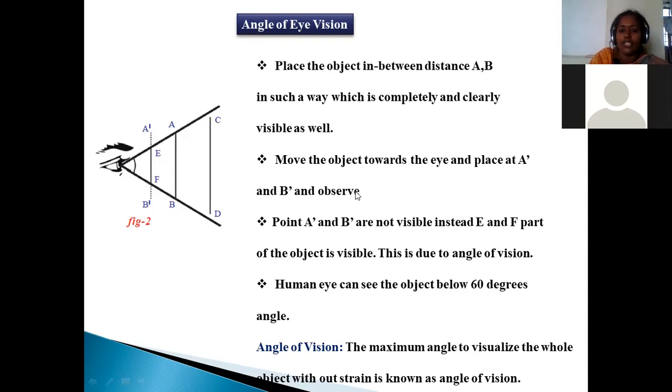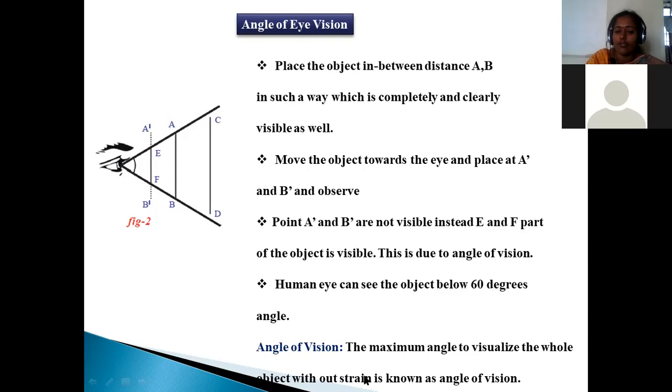This is called the angle of eye vision, right? For a healthy human being, the angle of eye vision will be 60 degrees. Till 60 degrees, our eye vision will be there. Beyond that 60 degrees, it will be very dark. We are not able to see the objects beyond that angle. So activity 1 clearly predicts how much distance we are able to see the objects without any difficulty. Activity 2 predicts to what extent of angle you are able to see the objects. Beyond that angle, those objects are not visible to us.